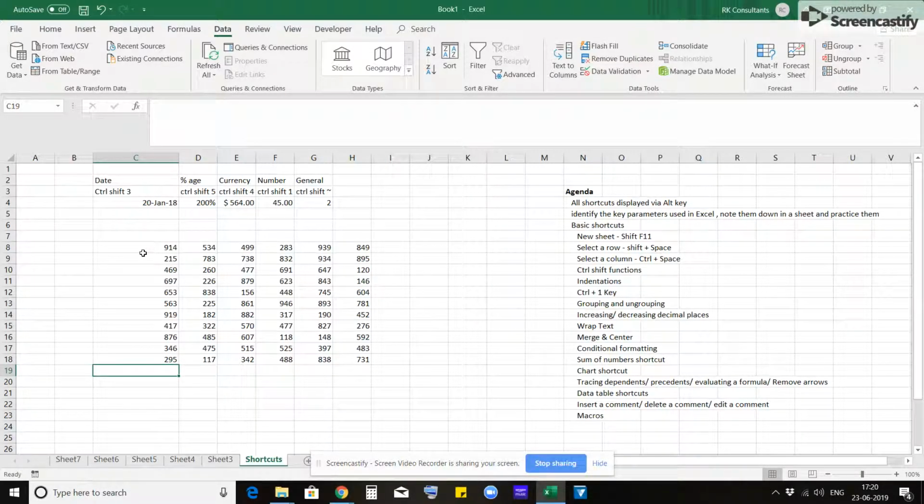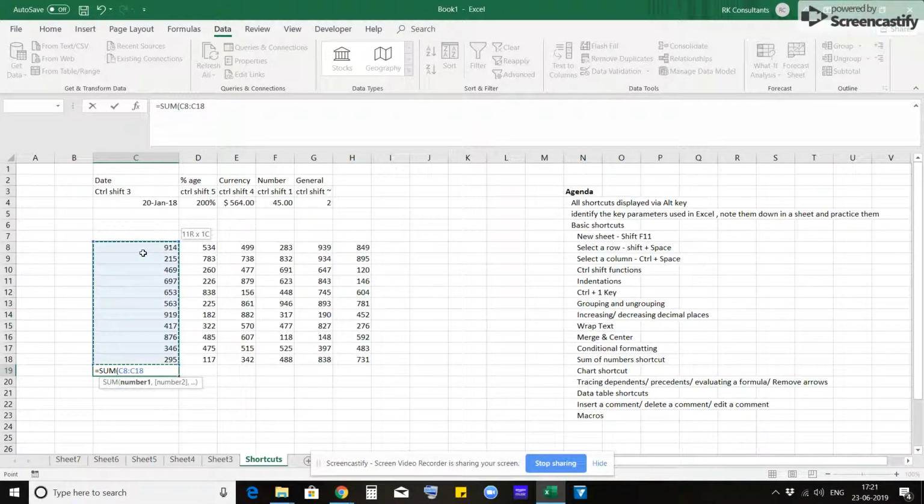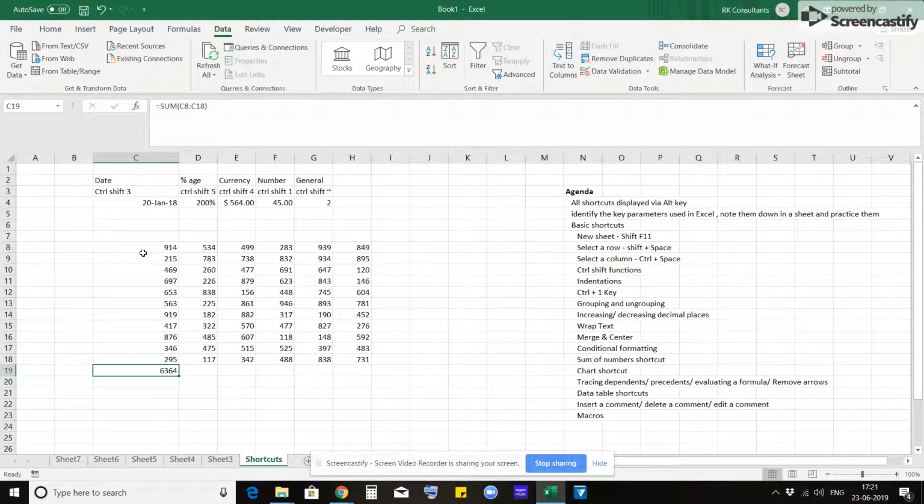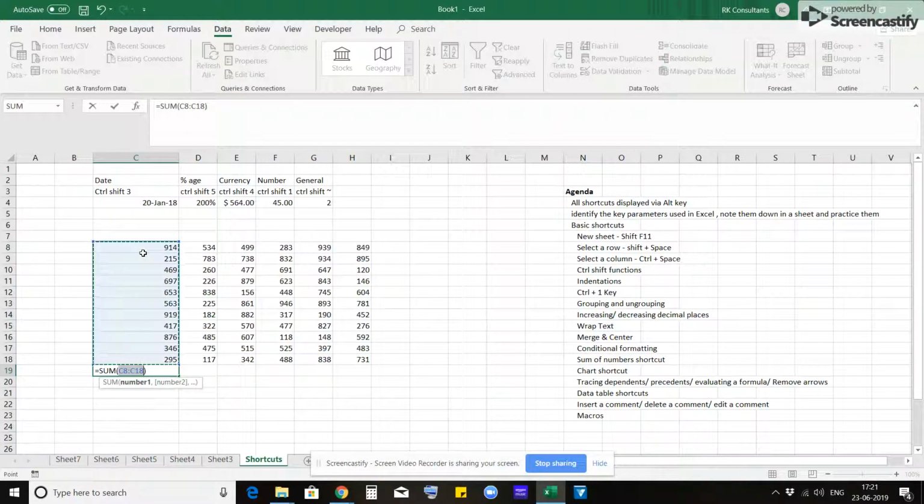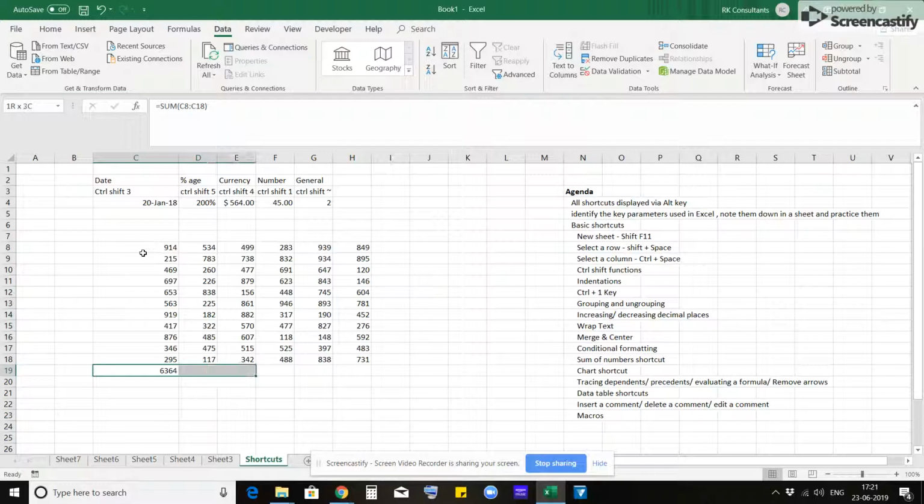Now coming back to the operations part. If you have to find a sum of this, of course, you will write sum and do it like this. It takes time. You can still reduce a nanosecond. All you got to do is press Alt and equals. That's it. Enter. And now, if you have to perform the same operations for this, when you are on this cell, if you have to drag across the formula, hold Shift